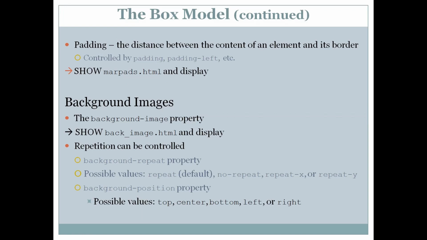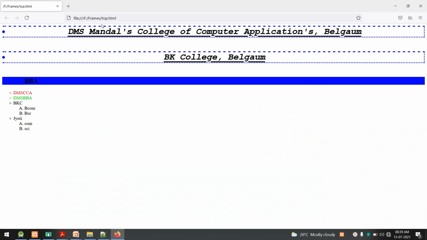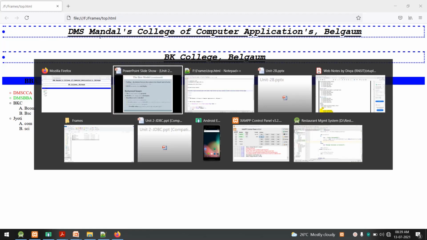Then of course the padding, it is the distance between the content and the inner boundary. Even this can be controlled by using padding left, padding right, padding top, like that. If you look at this example, there is very little difference between the content and the border. The bottom border is almost attached to the content itself. If you want to increase that space, you can use padding.